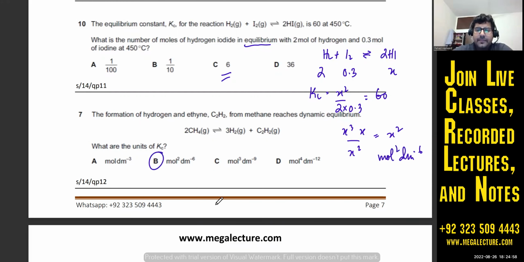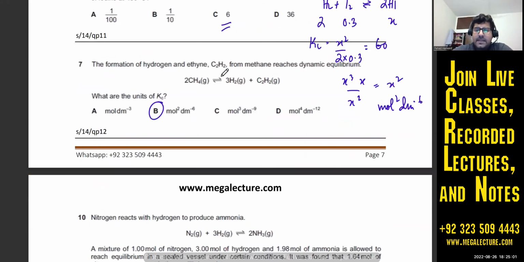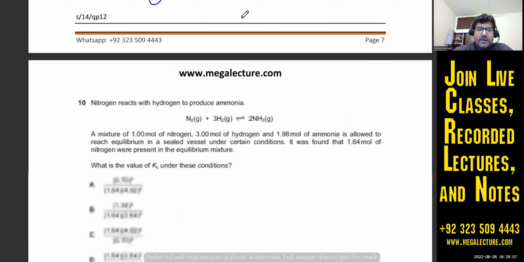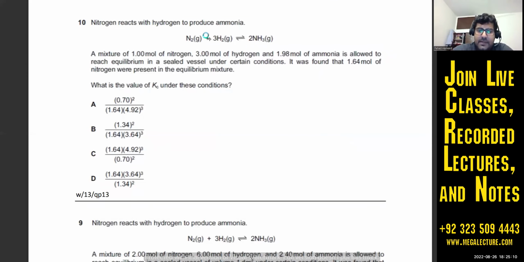ठीक है, तो b होगा. बस इसका Kc इसका वो निकालना था, unit निकालना था. अच्छा, here's another one, जिसके अंदर you have to do the whole initial and final thing. So let's do that. N2 है और 3H2 है in equilibrium with 2NH3. So initial, मतलब I लिख देते हैं, as initial moles. 1 mole of nitrogen, 3 moles of hydrogen, and 1.98 moles of ammonia. So 1 mole इसका, 3 moles इसके, and 1.98 moles of this are mixed in the container and sealed and